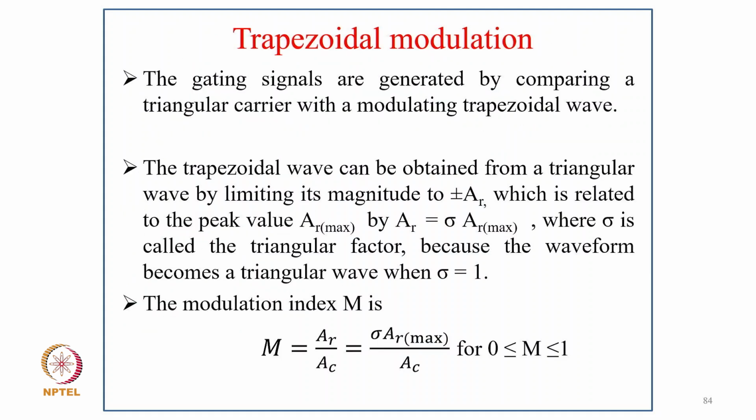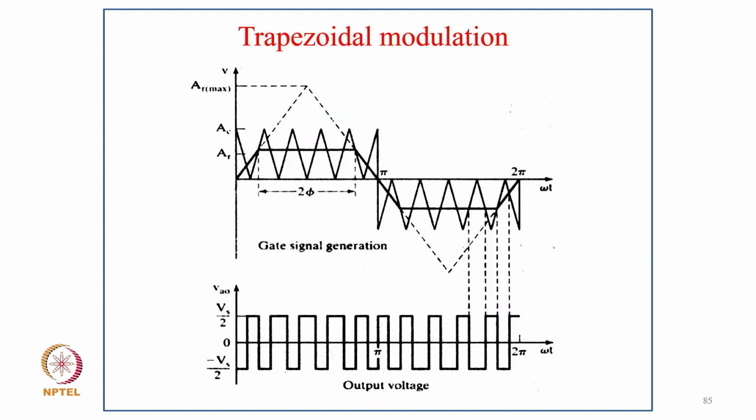And coming to trapezoidal modulation, the gating signals are generated by comparing a triangular carrier with the modulating trapezoidal wave, and the trapezoidal wave can be obtained from the triangular wave by limiting its magnitude to plus minus AR, which is related to the peak value AR max by AR equal to sigma AR max, where sigma is called the triangular factor because the waveform becomes a triangular wave where sigma equal to 1, and the modulation index M equal to AR upon AC, that is sigma AR max upon AC, or M varies 0 to 1. And these are typically how you modify the AR max for getting the signal,